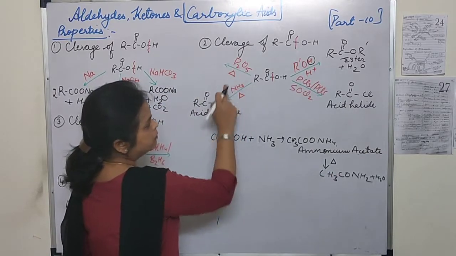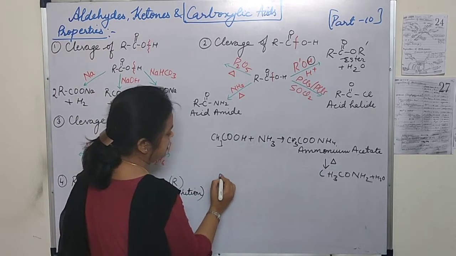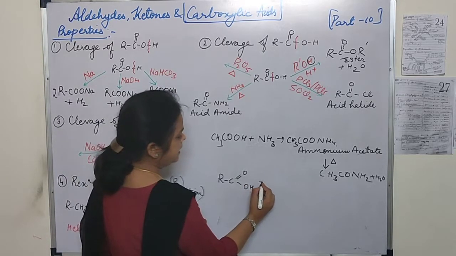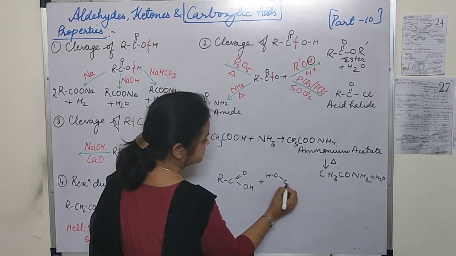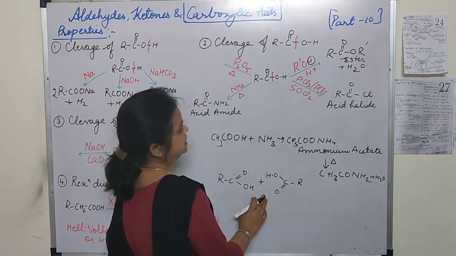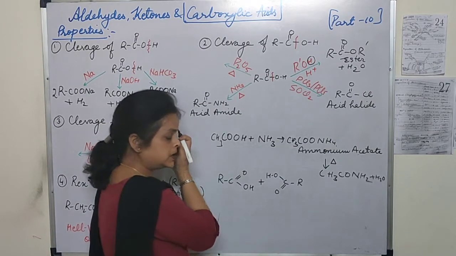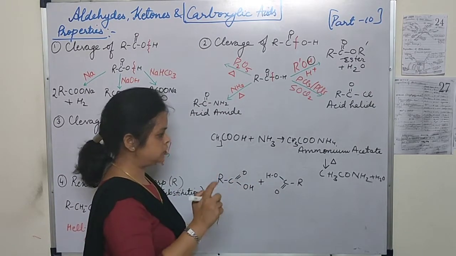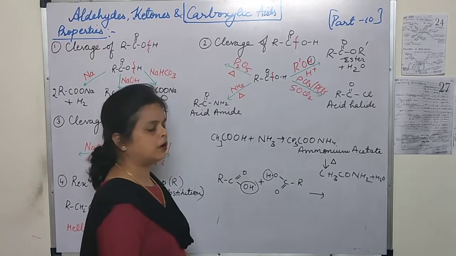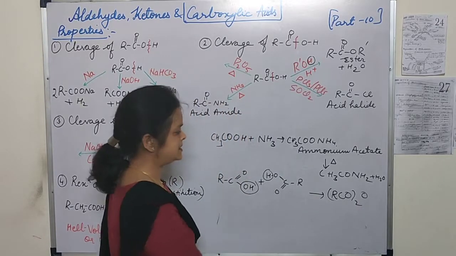And with P2O5, phosphorus pentaoxide, 2 molecules of RCOOH. This is one molecule and this is another molecule. Now when we are taking these 2 molecules of RCOOH, intermolecular means 2 molecules के बीच में एक water molecule will come out. So how you will write down this OH and this H? It will come out, and we are going to get RCO whole twice O, that is acid anhydride.